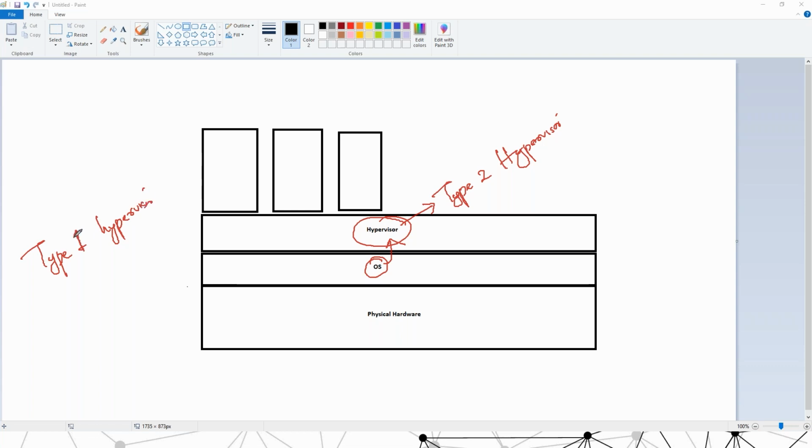Okay, type 1 hypervisor. What is a type 1 hypervisor? That means that this won't be there. There is no operating system. You're installing the hypervisor software directly on this particular hardware. So it's more of an enterprise level. We can basically do a lot more things than you can imagine on this. So that is why in the enterprise level we will go for this. Even cloud service providers are using this in the backend.